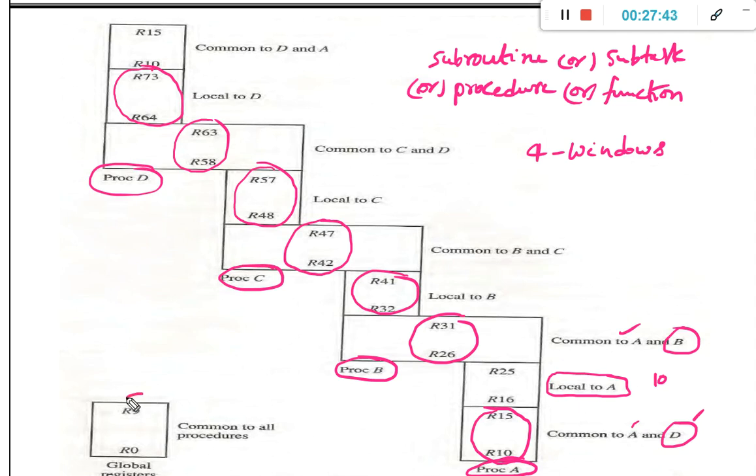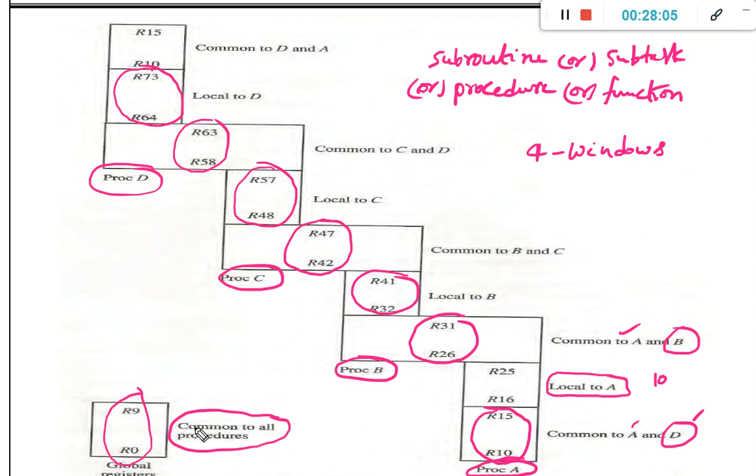And in addition to that, there will be global registers from R0 to R9, which are common to all the procedures. It is very important: any procedure can use these global registers. In C language, we have seen global variables, local variables, as well as static variables.